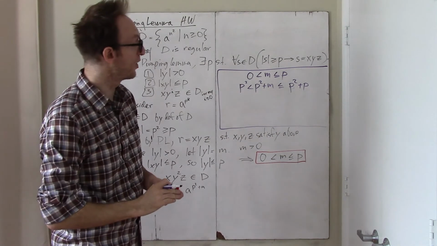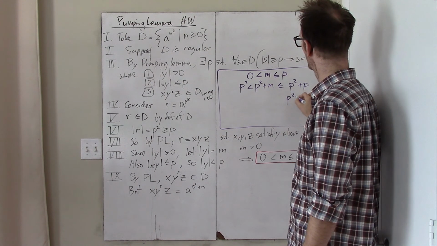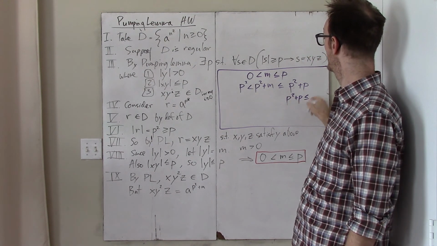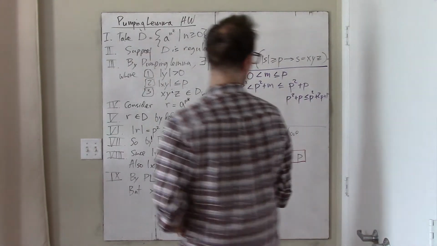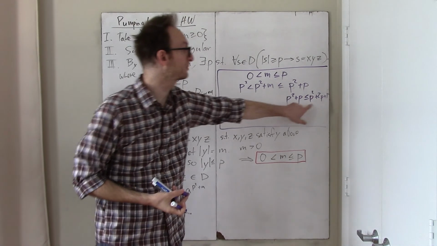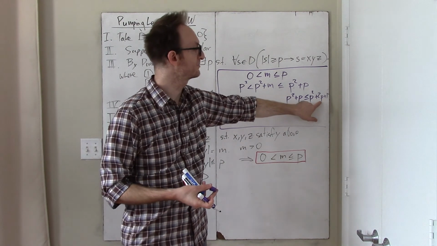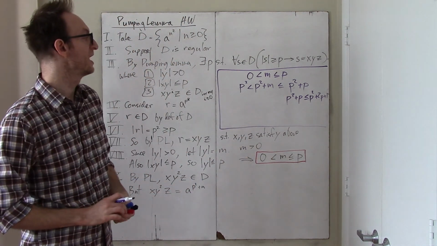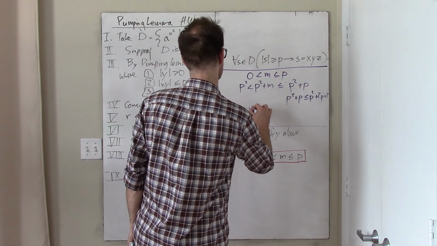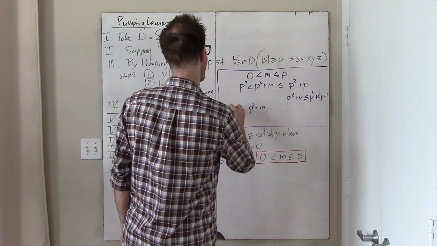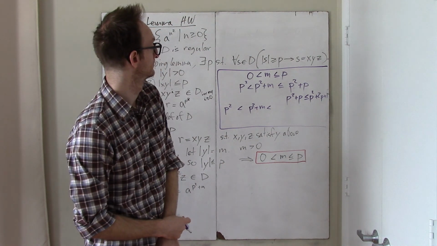But also, of course, p squared plus p is less than or equal to p squared plus 2p plus 1, because I've just added p plus 1, and this side is p plus 1 bigger than this side, and p's positive. So by a kind of transitive property, I get that this p squared plus m is in fact between p squared and